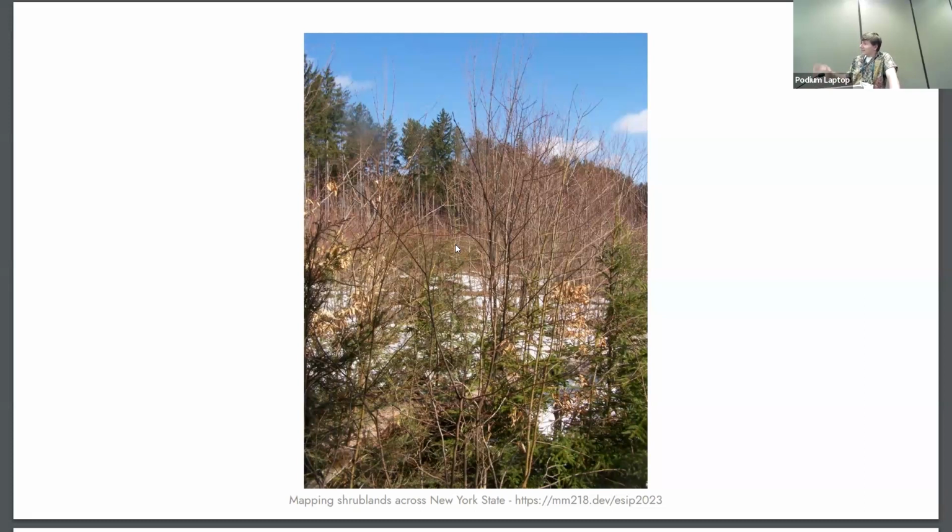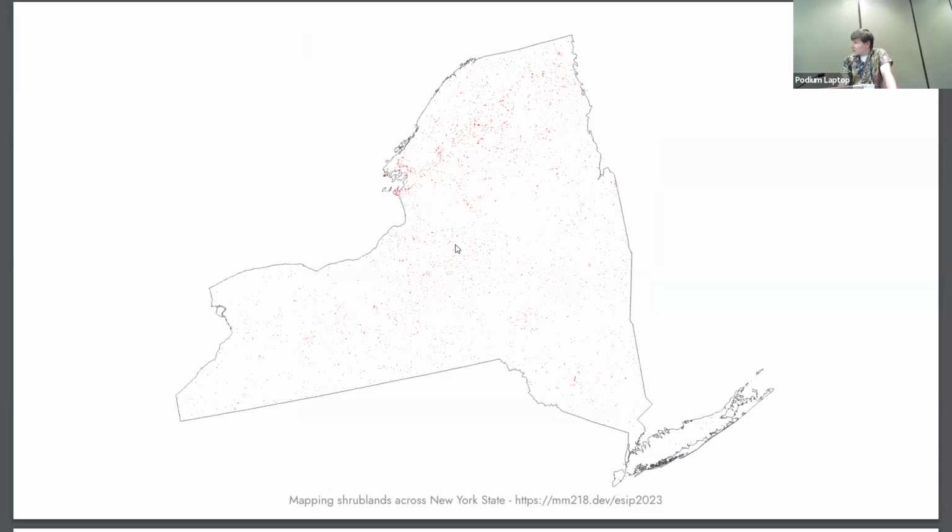In particular, identifying this type of shrubland is hard for these models because they also just don't have a lot of examples to work from when they're training. So for instance, this is a map of all of the shrubland in NLCD's 2019 product across New York State. If you're sitting at the back of the room and you can't really see what's going on here, that's the point. There's not very much to work with. Our best estimate is that for New York, it's about 2.5% of the state that's actually these shrublands.